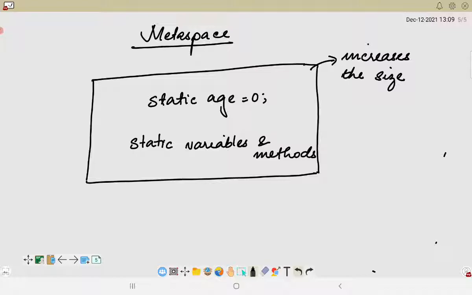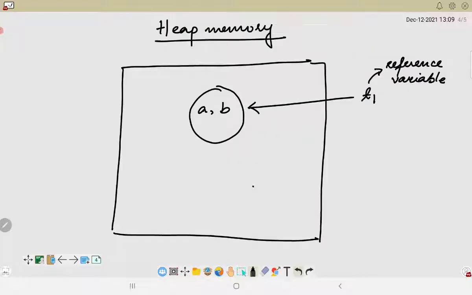Now talking about the heap memory alone, we have already discussed how this particular object is created and that a copy of the local variables is provided to the heap memory. Now let us talk about this heap memory in somewhat more detail.